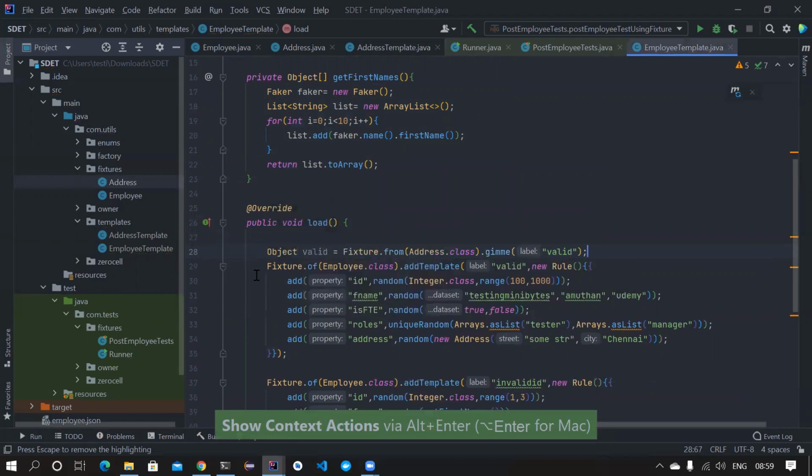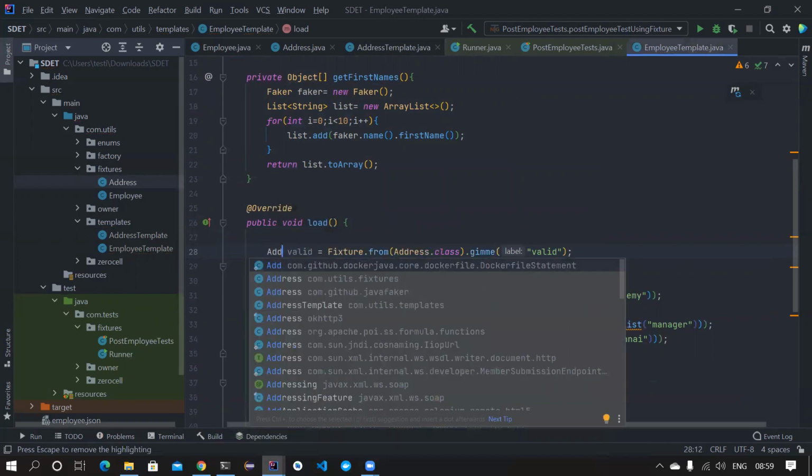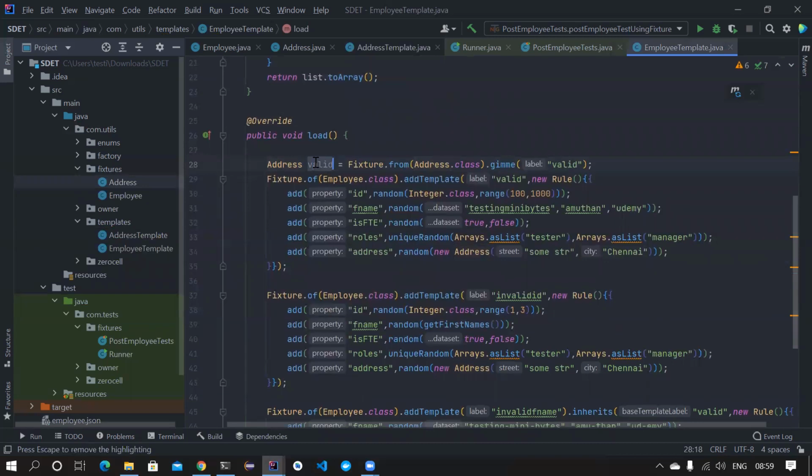Once you generate this, it's of address type, and you can use this here. Either you can use that random value, or you can use this. It will use either this value or whatever we generated from the fixture. Do it like this, and then you can use it in your code.